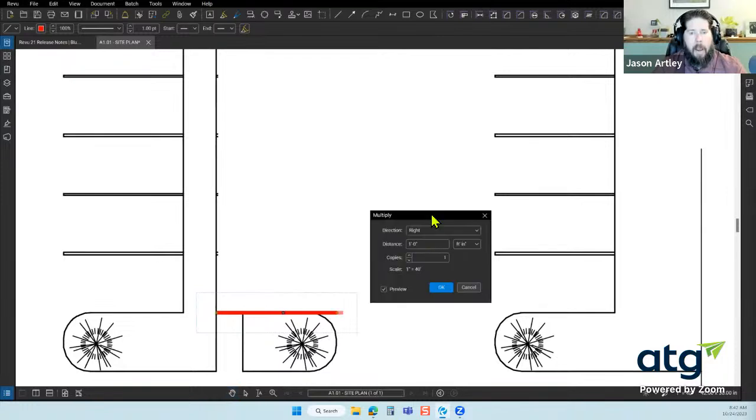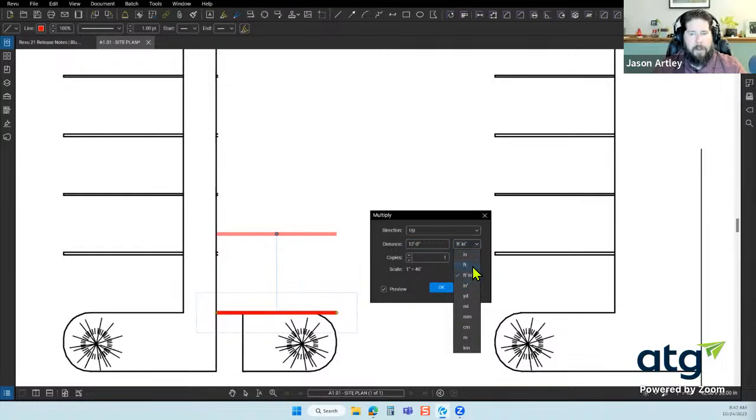So let's go ahead and select multiply. And now we get to choose a few different things. Immediately, you see that sort of pink overlay there? It's doing this preview, and it's thinking that I want to move right by 1 foot, right? And how many copies do I want to make? Actually, I want to go up. So in the multiply command, I have now functionality for right, left, up, or down. So I want to choose up, right? Because I'm going to move up, and I want to move up 10 feet. Or what did I say? 10 or 12? Let's just do 12. So I'm going to move up 12 feet,